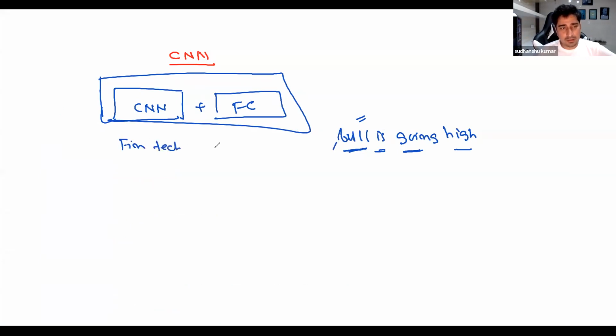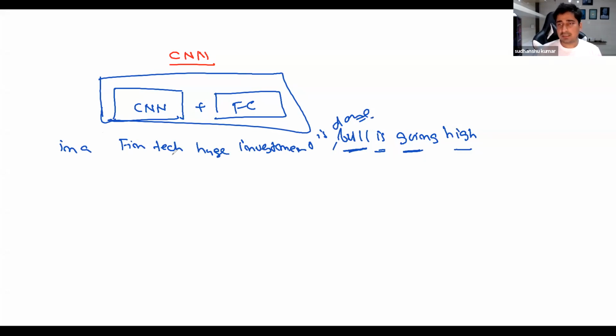In fintech, so I can write in this way, in fintech, huge investment is done, right? And because of that, bull is going high.